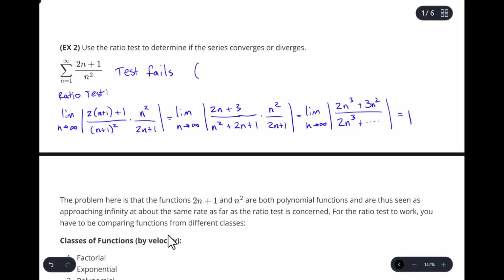To get a result here, you would probably need to use the limit comparison test. I generally always use a limit comparison test for rational functions. It's a very clean result and generally very straightforward to do. All right, so